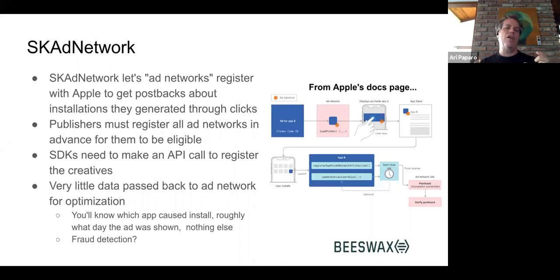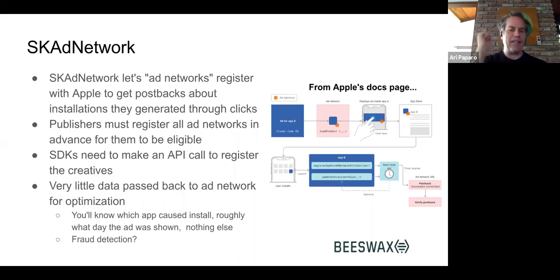register those. Now, once again, Apple sort of has a real misunderstanding about how the advertising ecosystem works. So they think the SDKs are the only ones who might serve ads on your app. So they think the publisher will be able to know in advance everyone who might serve an ad. So that's going to be a pretty big limitation to overcome for a DSP or a buyer who wants to get these postbacks. The SDK then needs to register the creatives as they're served. So once again, it's very SDK dependent. Not clear how a DSP would do that.